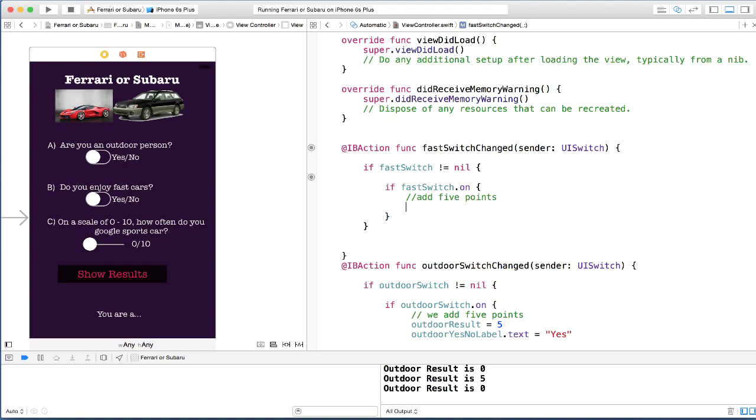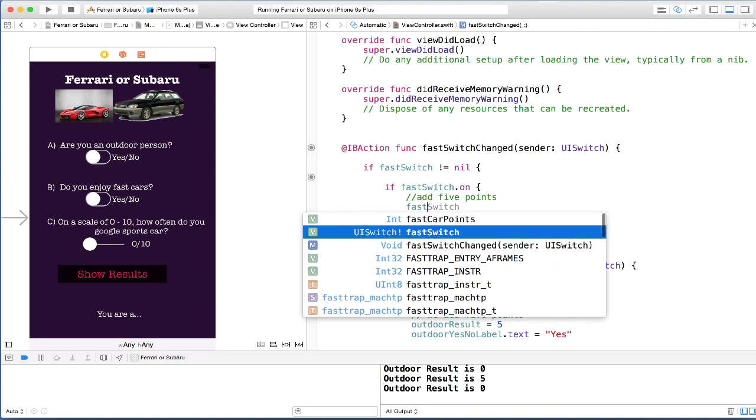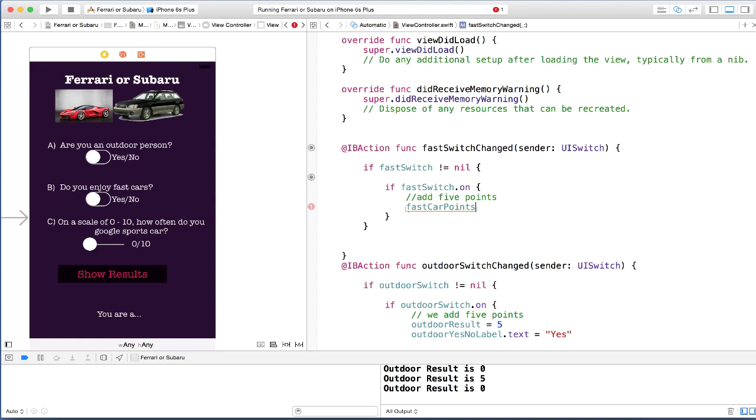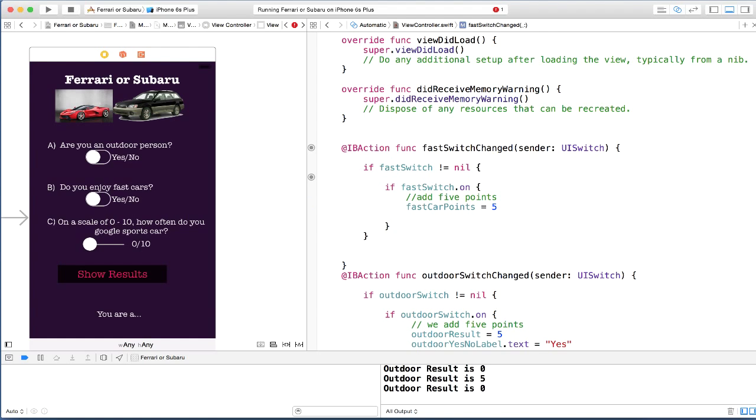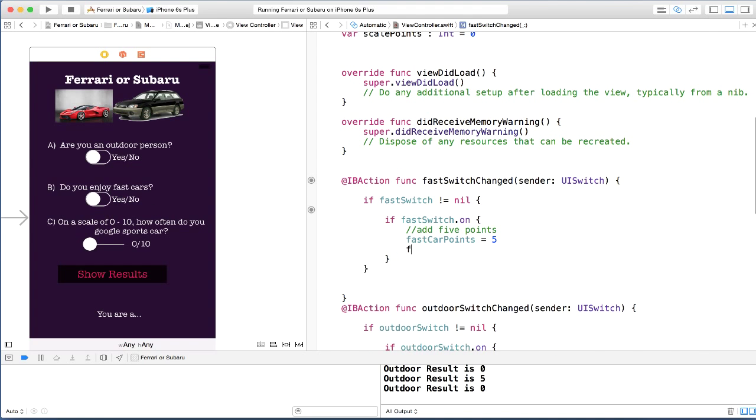How do we do that? Well, we need to make sure we get the fast switch variable which holds the points. So we say fast car points, okay? We add 5, and then we want to change the label that says yes or no here. So we say fast yes no label dot text is equal to